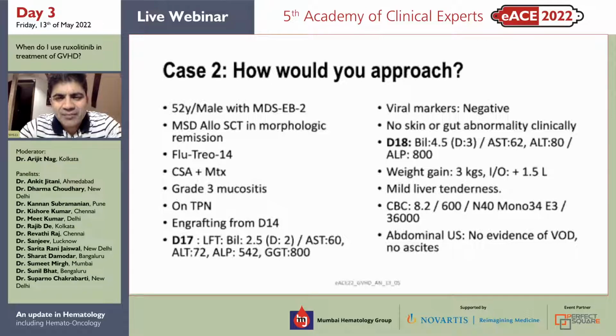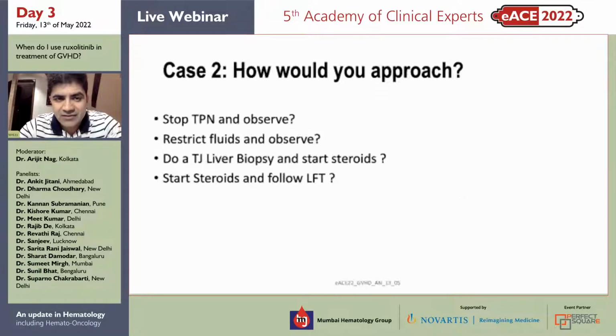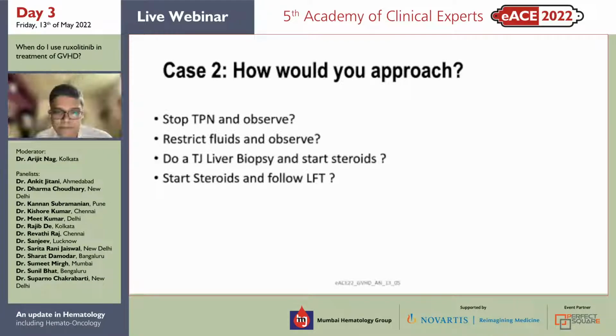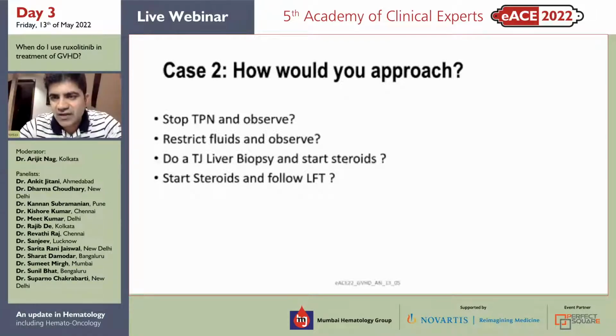Having said that, I think liver GVHD is the most difficult one to diagnose. Skin is easy. For gut, we have an easily available biopsy to correlate, but liver is the most difficult organ to diagnose. And in this case, there's only cholestasis. There can be various reasons for this cholestasis, and TPN is of course one of them, including some other medications which the patient must be on. So that also needs to be taken care of.